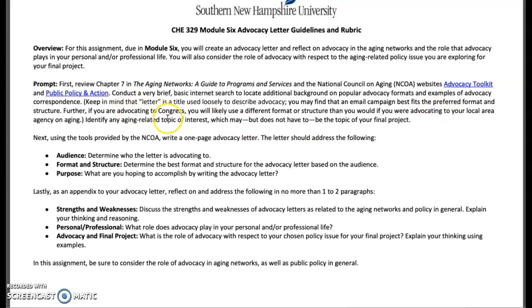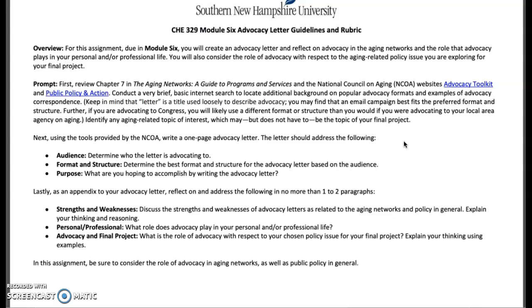Further, if you are advocating to Congress, you will likely use a different format or structure than you would if you were advocating to your local area agency on aging. So keep in mind that the letter is a title used loosely to describe advocacy. There are other forms of utilizing advocacy letters to engage policymakers both on the local,